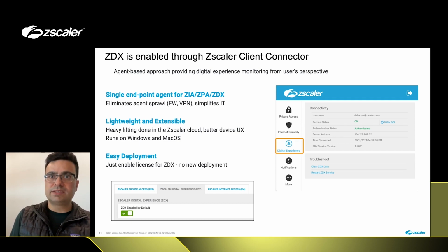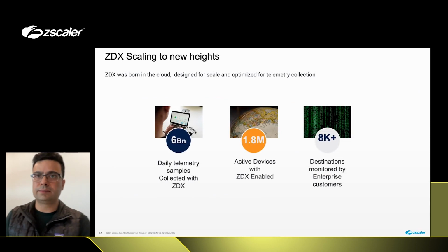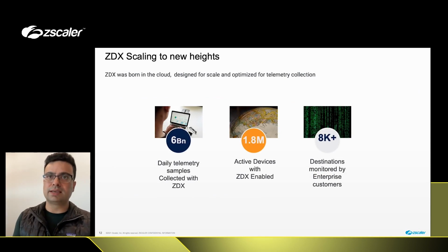Now, as I mentioned earlier, ZDX is one of our fastest growing products. These are some stats that give you an idea about the scale we are at. We are monitoring user experience for about 2 million users across the globe, and we are collecting about 6 billion telemetry points every day, which essentially means we are collecting a lot of data on end user experience issues, which we are now using to train ML models in our product to understand when the score drops, what is the potential use case that led to that score drop. With a click of a button, you can understand why the score was dropping and look at rich underlying metrics as well.